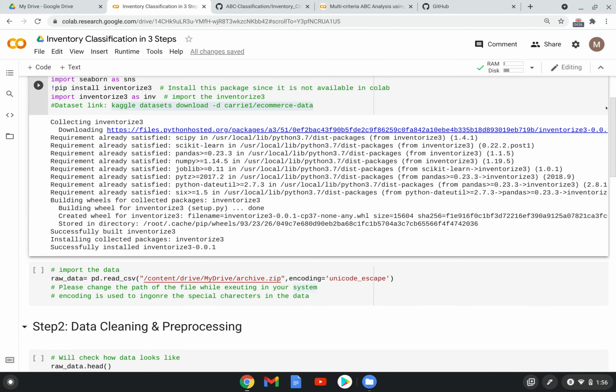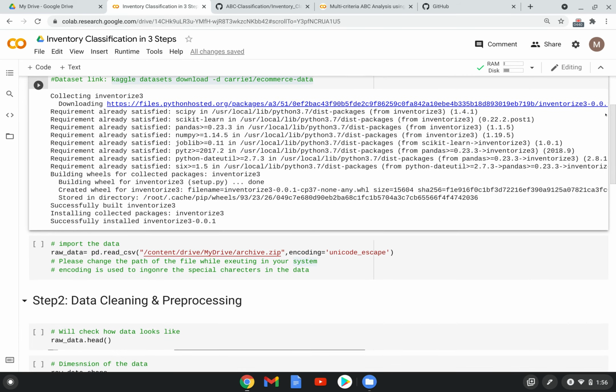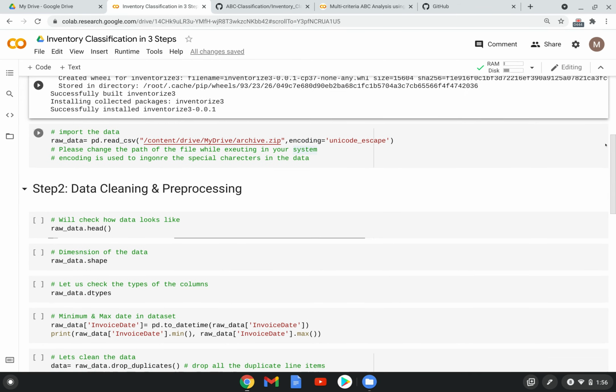You need to download the dataset either from Kaggle directly or through the link which I provided. Then you need to upload that data to your Google Drive, if you are using Google Colab, otherwise you can use any other IDEs like Jupyter Notebook or Spyder or PyCharm.